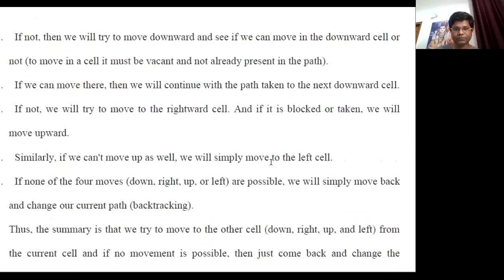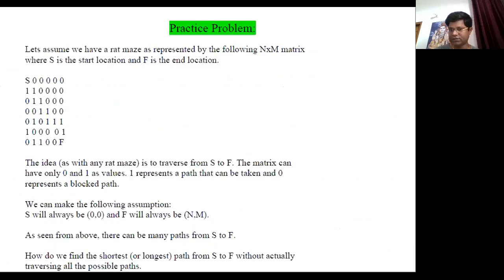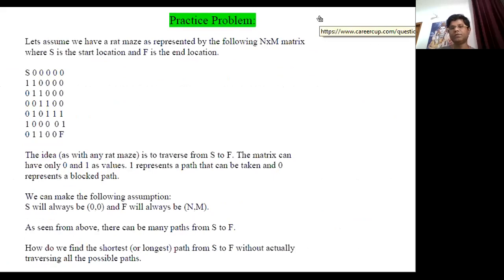I have given a practice assignment for you. It is not compulsory to submit this problem. You can just solve it for your revision. Take a look at that problem, and if you have some time, you will be able to solve it. You don't have to submit it. I have just given it to you as a practice problem.